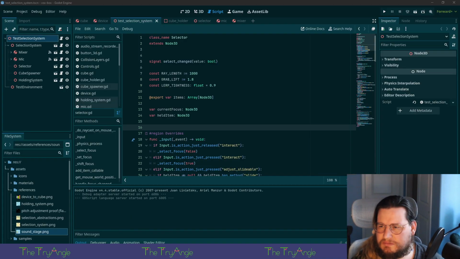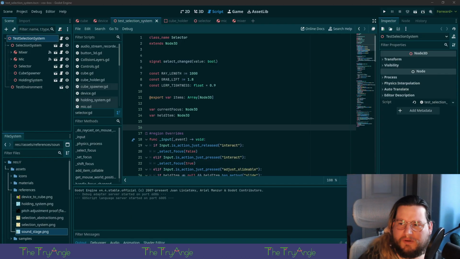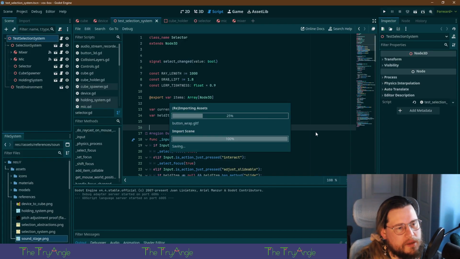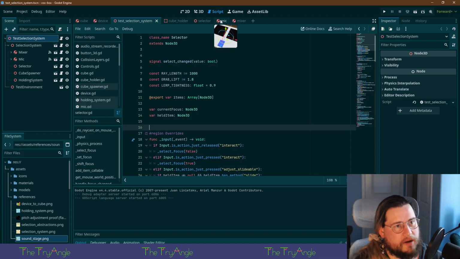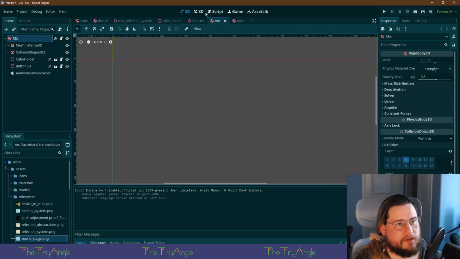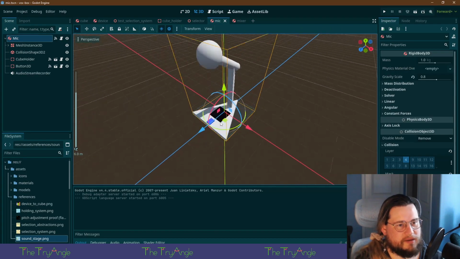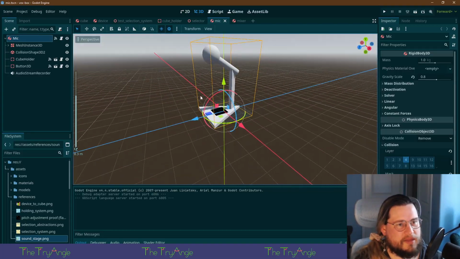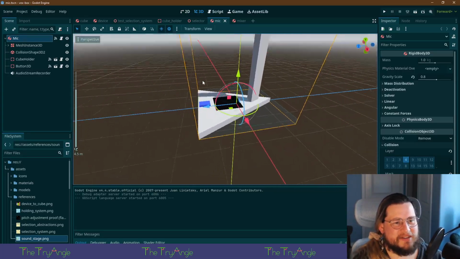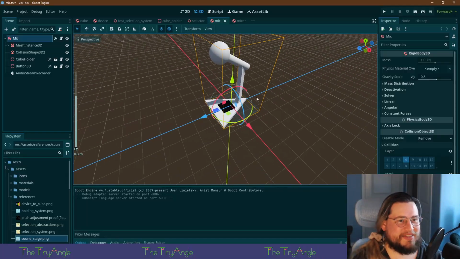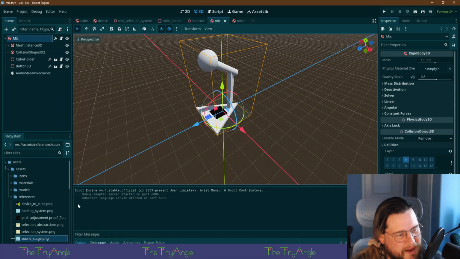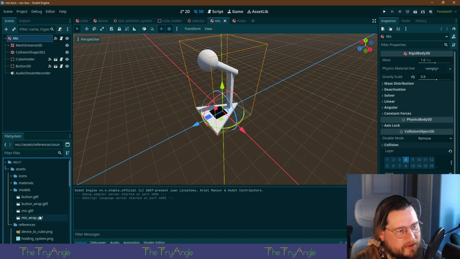Materials? Because I didn't have a folder for this, but there we go. Hooray. All right, so the microphone in 3D. This isn't that bad, all things considered. But I got a different asset now.